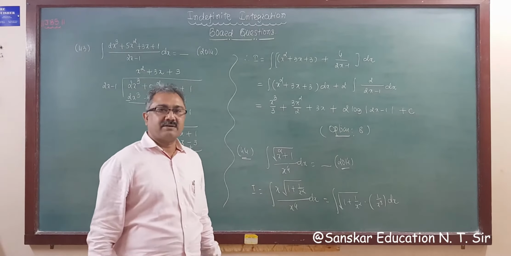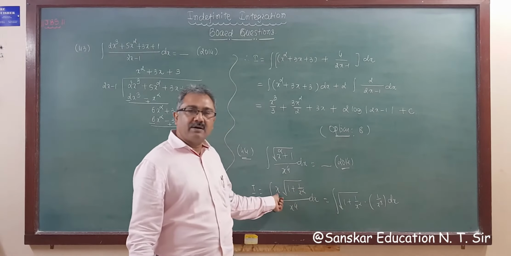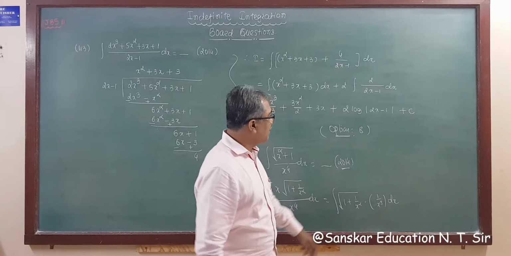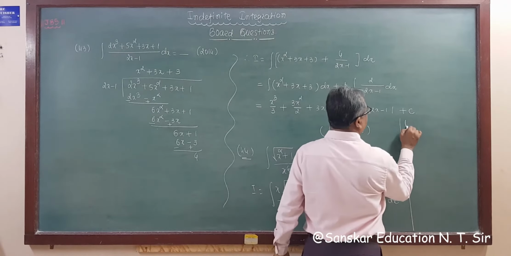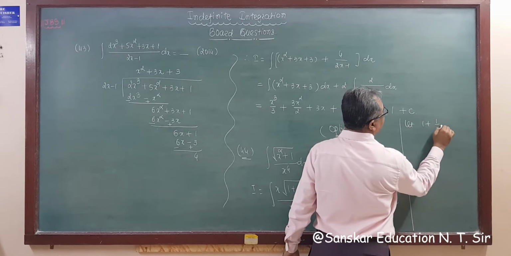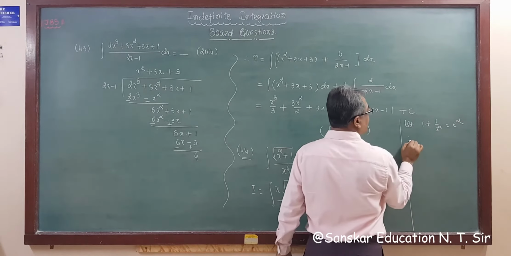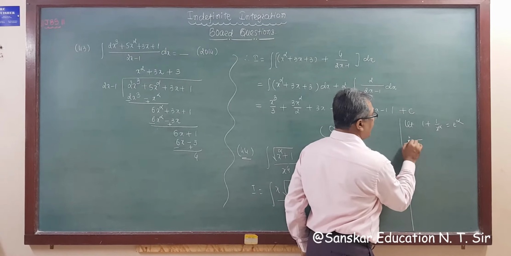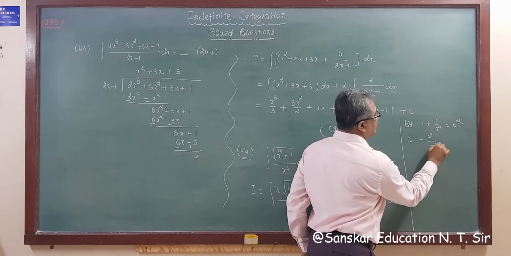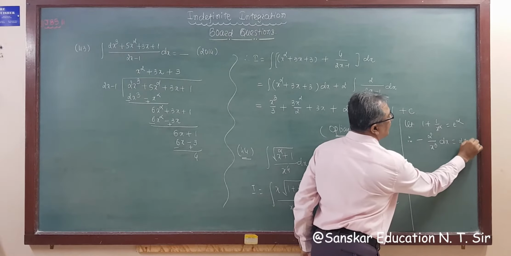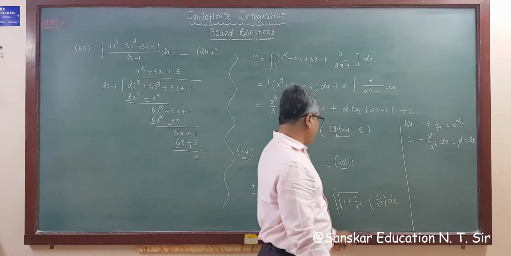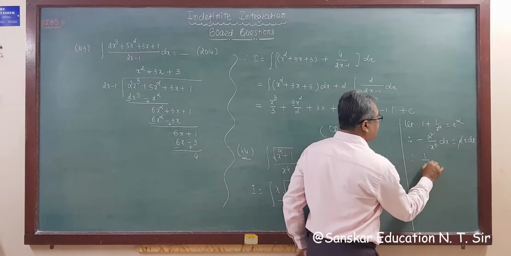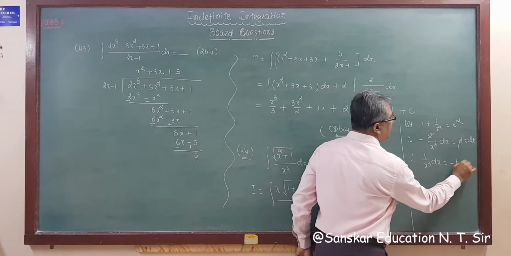Now as we discussed earlier, if we take the highest power common, then we assume this is equal to t square. So let 1 plus 1 upon x square be equal to t square. Taking the derivative, 1 gives 0 and 1 upon x square gives minus 2 upon x cube dx, equal to 2t dt. The 2 will be cut, but we have only 1 upon x cube, so taking the minus to the opposite side, 1 upon x cube dx is equal to minus t dt.